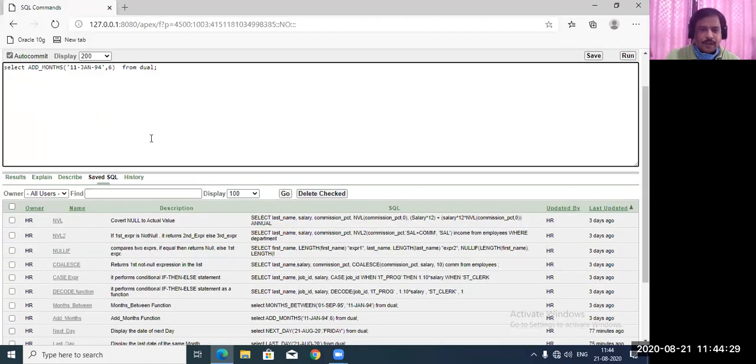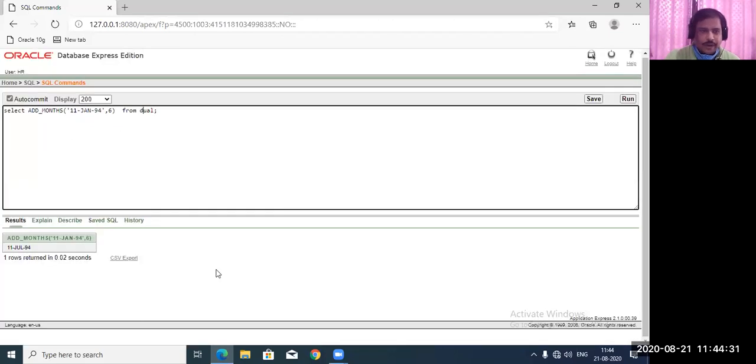Now in this particular case you can run it and find out the date after this. If you want to add 6 months, we are adding months here, not days. I am taking an example: January 11. January's numeric value is 1, because in the English calendar you have 1, 2, 3, 4, 5, up to 12 months.